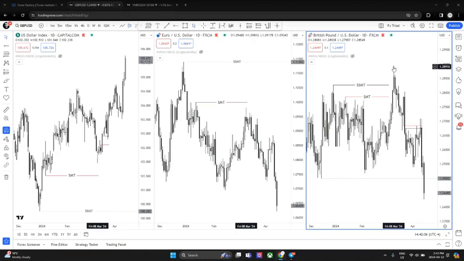So we had price trade above here, right? First is SMT. Okay, it's SMT. What do you do now? Nothing. The only time you even pay attention to this is if sequential SMT happens above this SMT, if you are in bearish market conditions, right? And only if you're in a premium market will you do this.